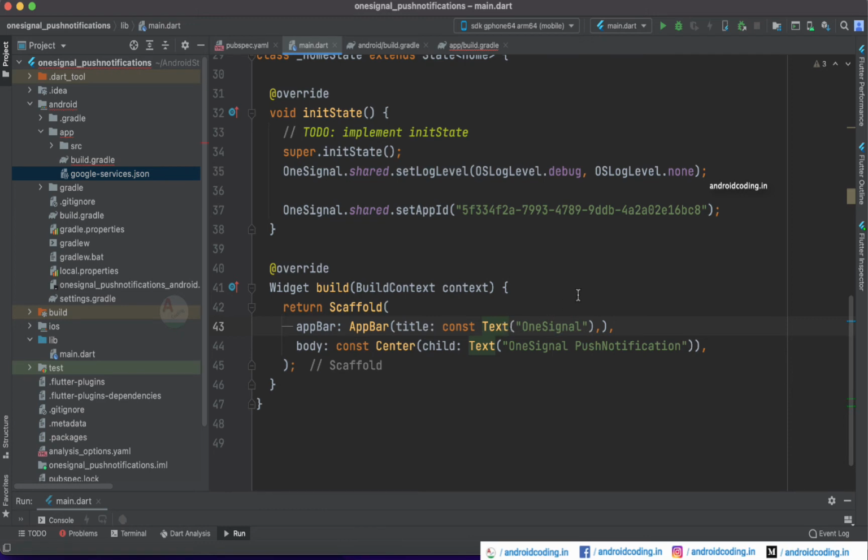And now we are done with our Flutter coding, but we need to handle this in our Android application. So we need to specify a few things in our build.gradle files here.